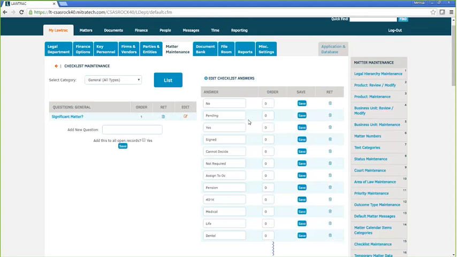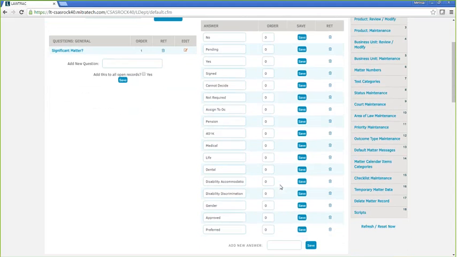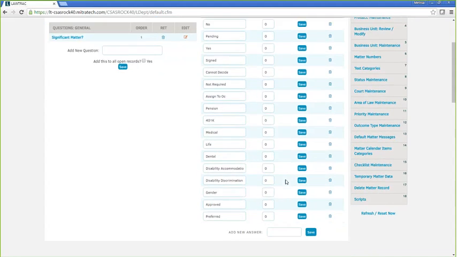Here is where you'll add certain answers. So earlier, when we had those questions about the qualified plan type, we only had certain answer choices available. All of the answer choices that are needed for checklists are entered in this centralized location. And then when we create our question, we'll choose which answer choices the users are able to